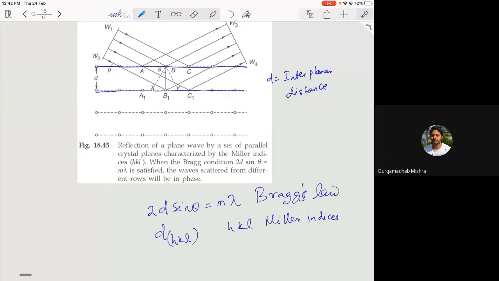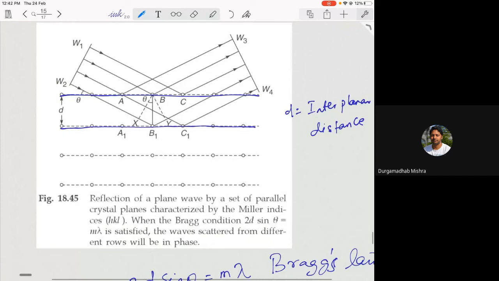Why do we have a factor of 2d? Because if you look at the wave front here that is getting diffracted, W1, W2 is the incident wave front, and theta is the angle of incidence. Now, when you look at the path difference between, let's say, a wave that comes from this atom and the wave that comes from this atom, what is the path difference? If I draw a perpendicular line here and another perpendicular line here,